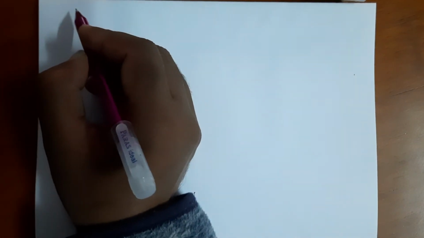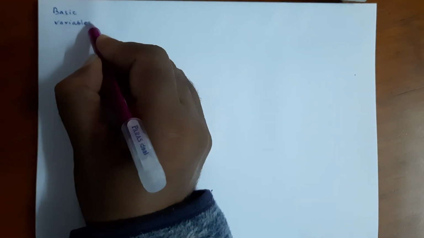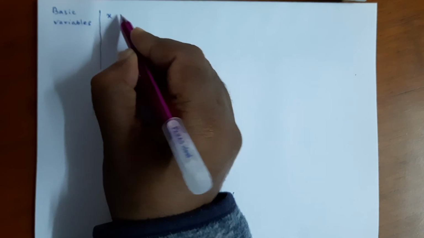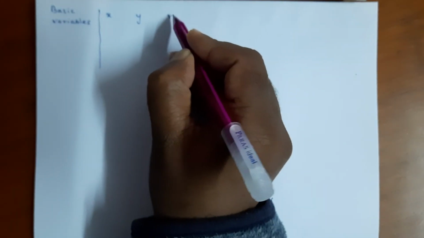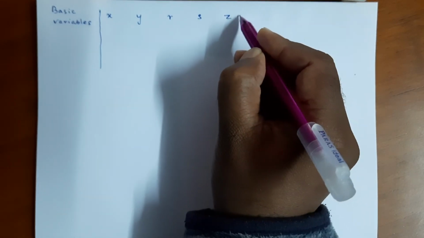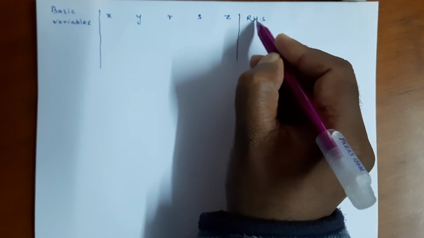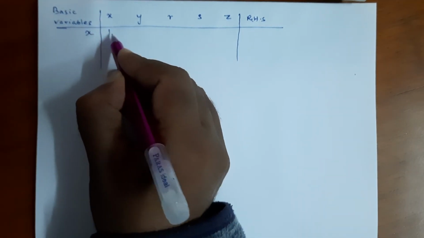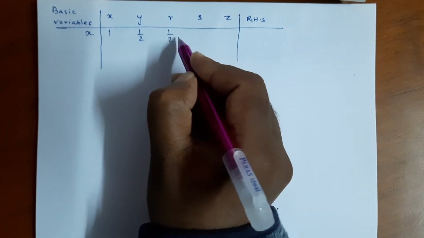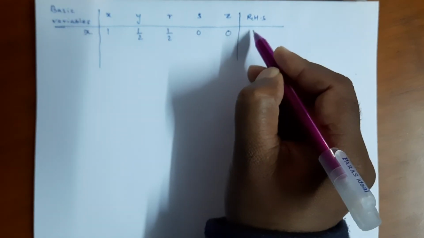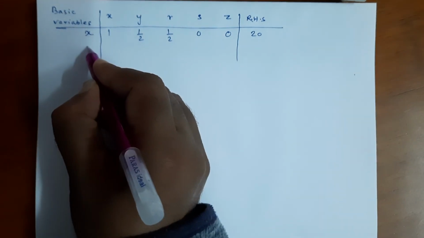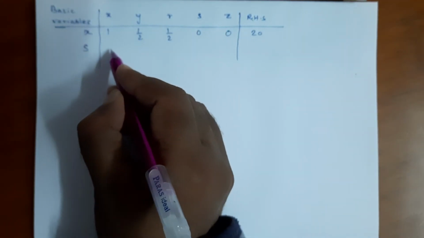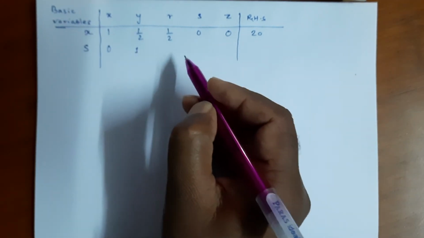Now here also I will write basic variables x, y, r, s, z, and right hand side constants. In the first row we have elements 1, 1 over 2, 1 over 2, 0, 0, and 20, and in the second row, when you multiply by 2 over 3, here will be 0, here will be 1, and